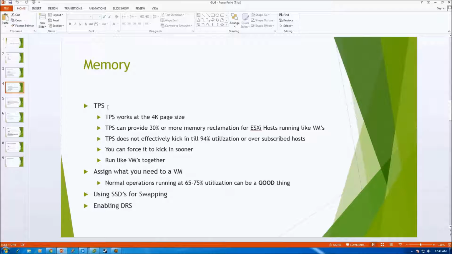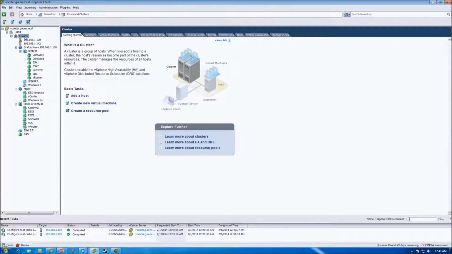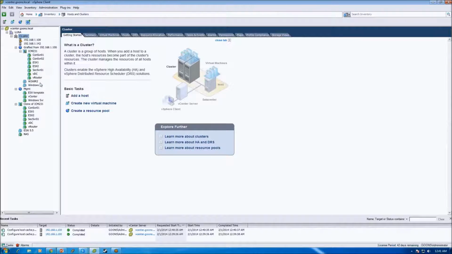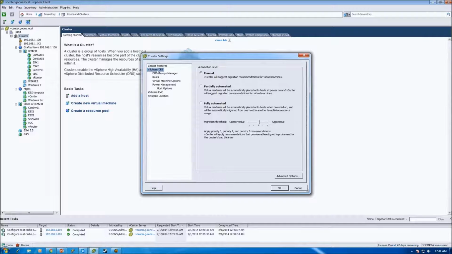Alrighty. And enable DRS. DRS is your friend. A lot of great things you can do with DRS. It's not there to hurt you. Enable it if you have it. There's some use cases where you won't want to enable it, especially if you're doing some unsupported virtualization of storage, like running FreeNAS appliances, and you don't want a FreeNAS appliance going into another FreeNAS appliance. But, well, that's more storage DRS. But either way,